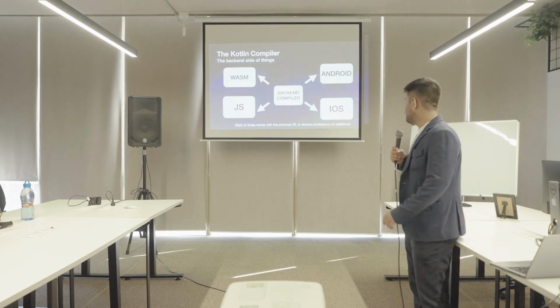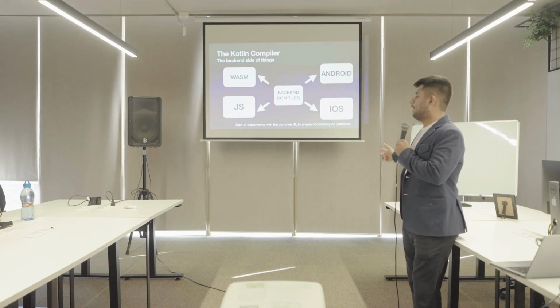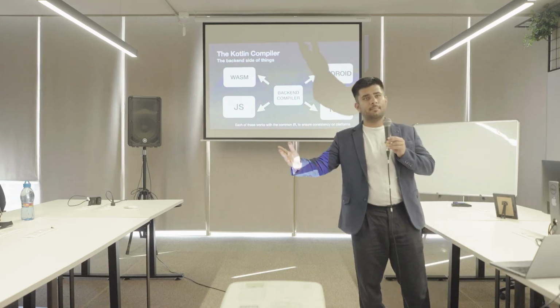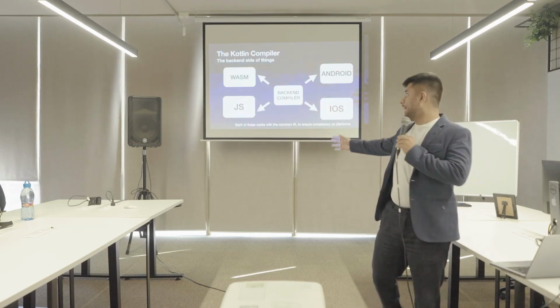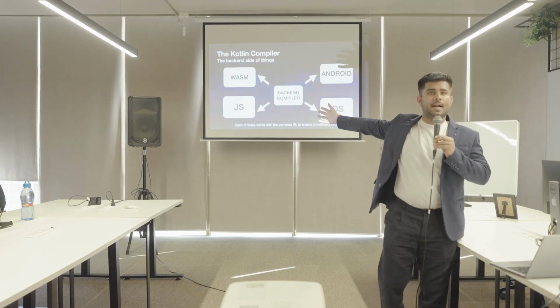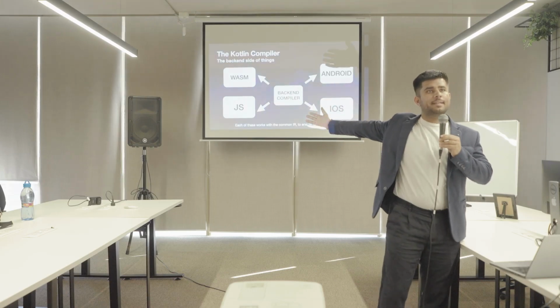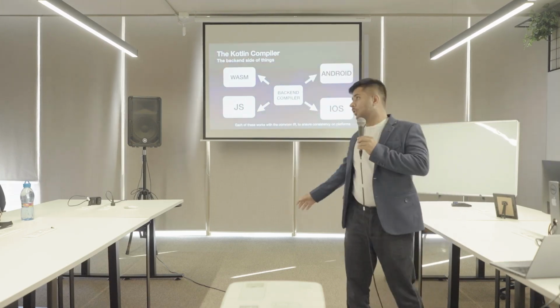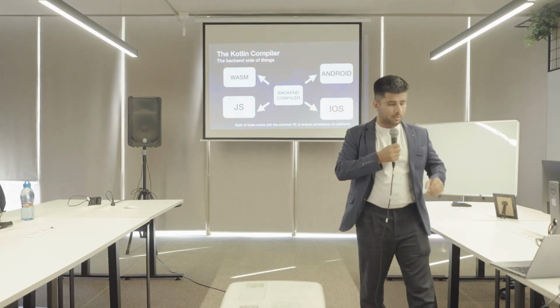Yeah, so each of these works with the common IR to ensure consistency on all the platforms. As we saw in the diagram, there is a front end and a back end. That is part of the compiler. The backend is internally written into all of these targets. There can be more targets in future, so they will automatically write their own targets based on that. So all this is capable of reading the IR and converting it into the JVM bytecode.